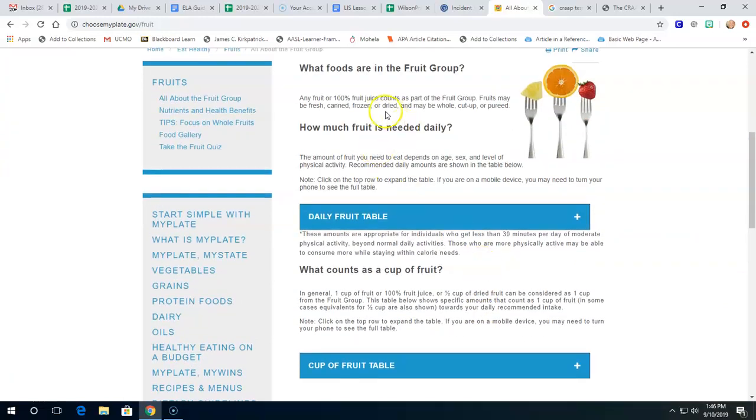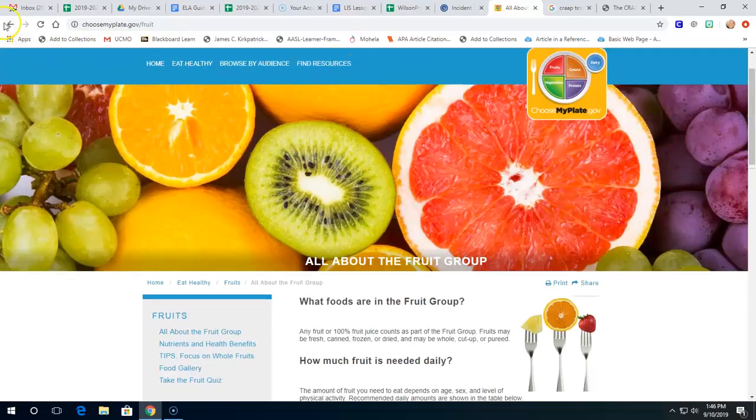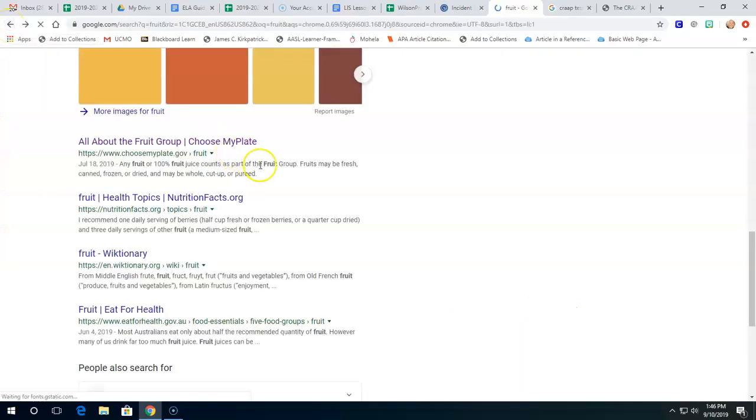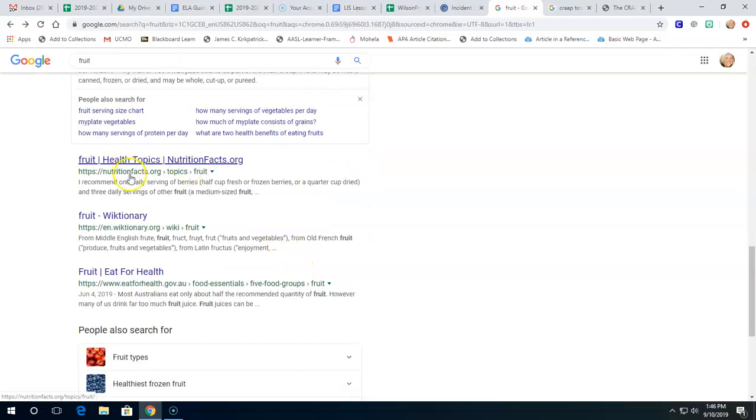Is it relevant? Will it help us find our answers? We know we can trust it. We know it's going to be true. Will it help us? And that's a decision you make before you actually stay too long looking for information. We have nutritionfacts.org, which would probably be better than another wiki like this one, because these, again, can be changed by anyone.